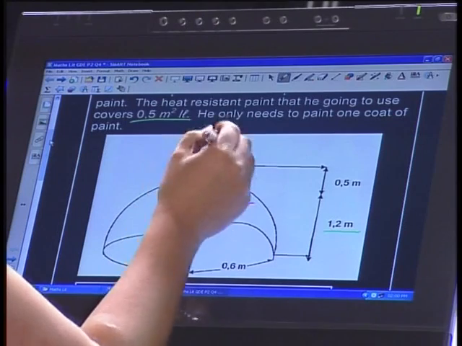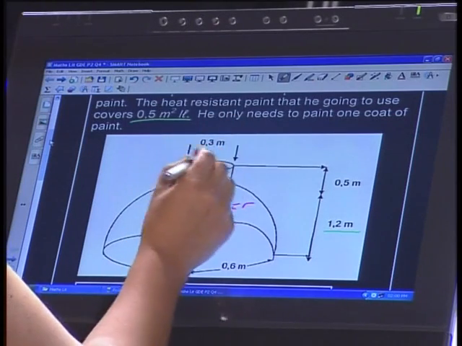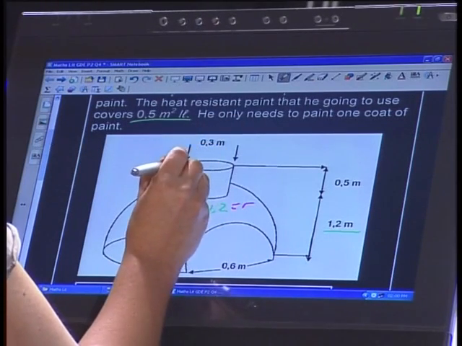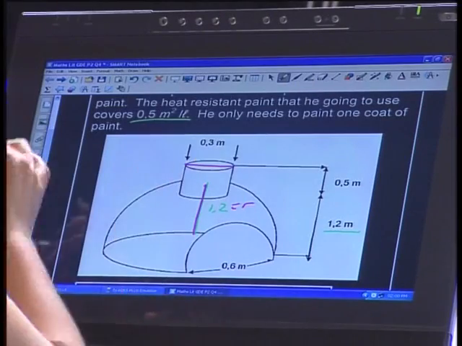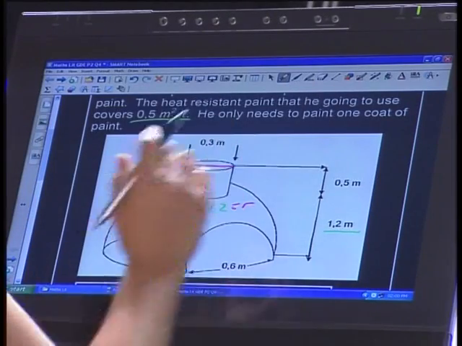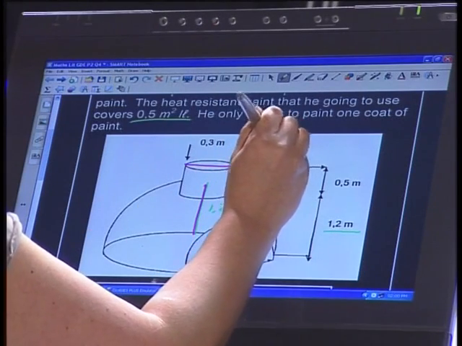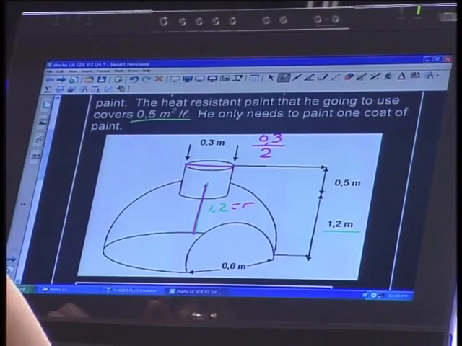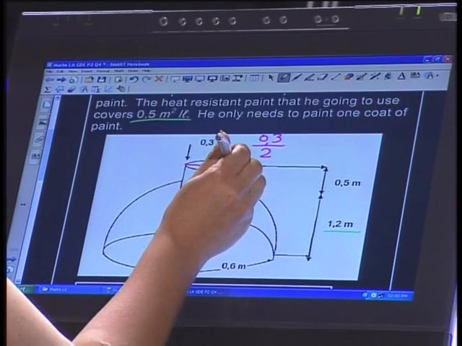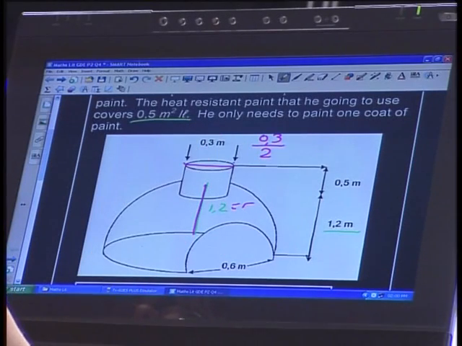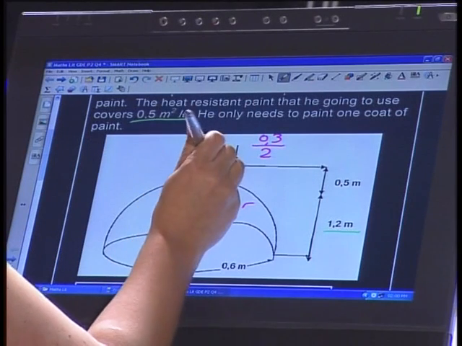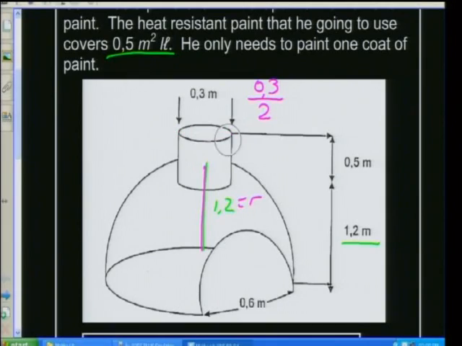The radius for my cylinder. This 0,3 is giving me my diameter. So I think we need to divide it by 2, because 0,3 is from one edge to the other edge, and we're looking for the radius, which is from the center to the outside. So we're going to say it is